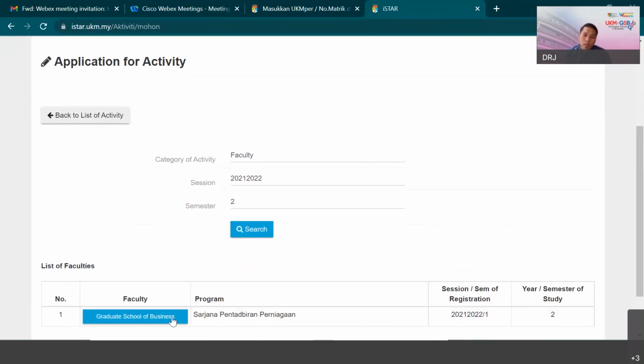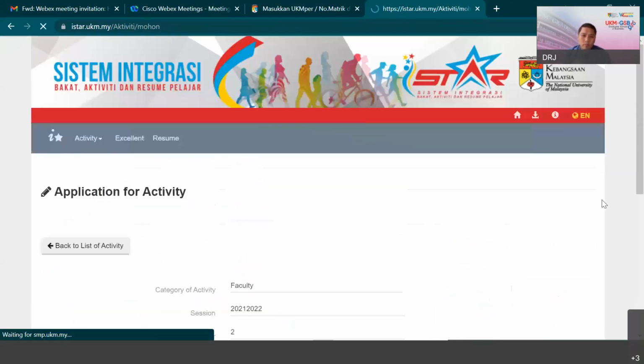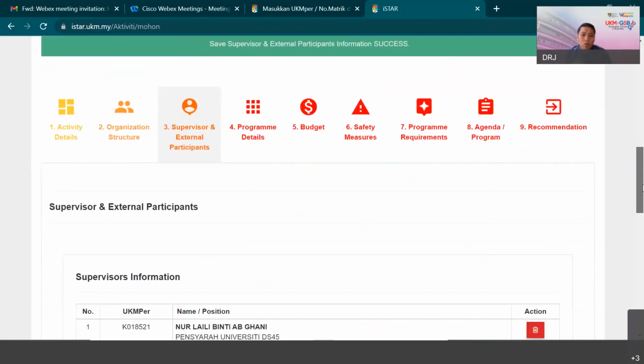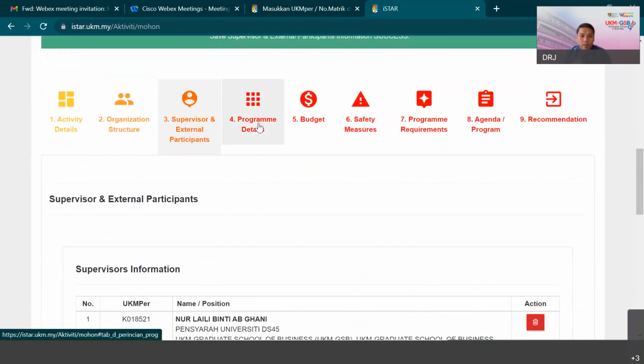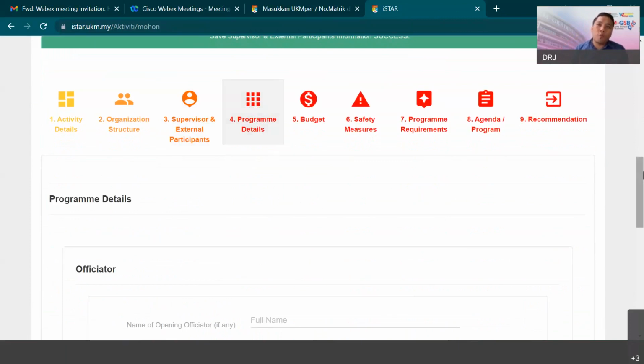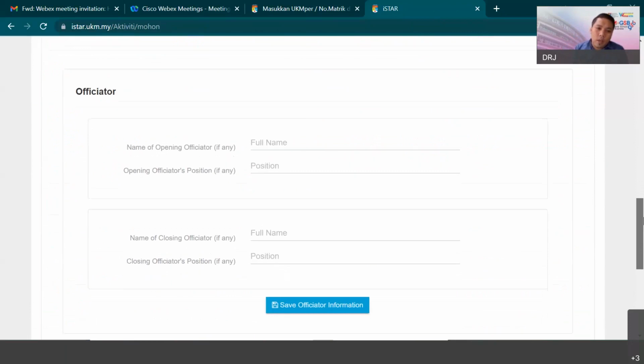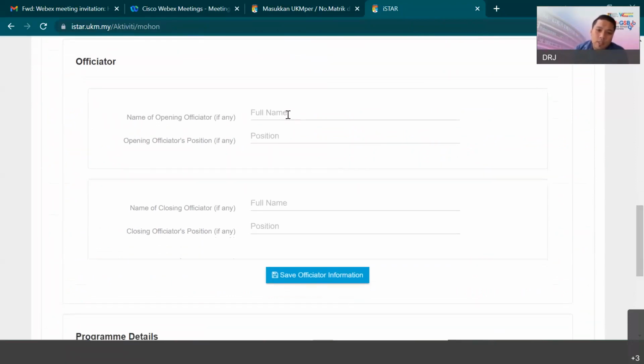Again, click graduate school business. Now you go to stage 4, program details. Okay, guys. Program details is not your tentative program. It means that the content of your project. What's the activity in your project? Yeah. Okay. This one is officiator. Let's say